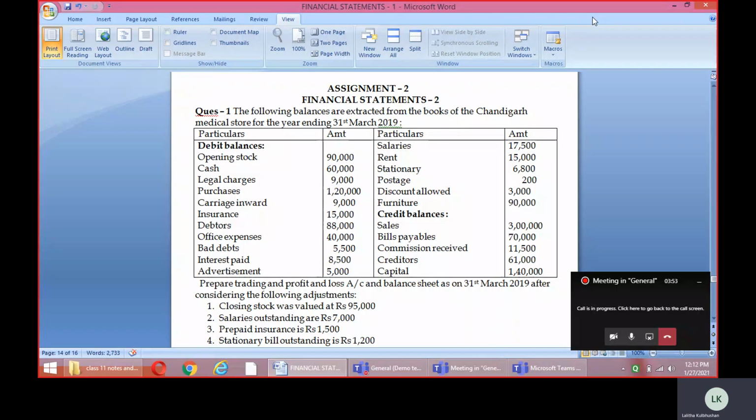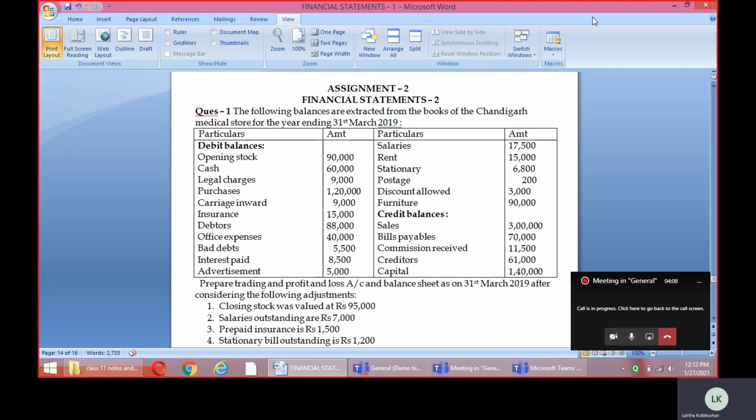So, my dear students, now we are going to discuss the full-fledged questions relating to the financial statements too. Here we are going to discuss all the adjustments which we have studied earlier. Now we will see how these adjustments will be fully applicable in this particular question. So this is a full-fledged question. I'll be explaining to you how to do this question.